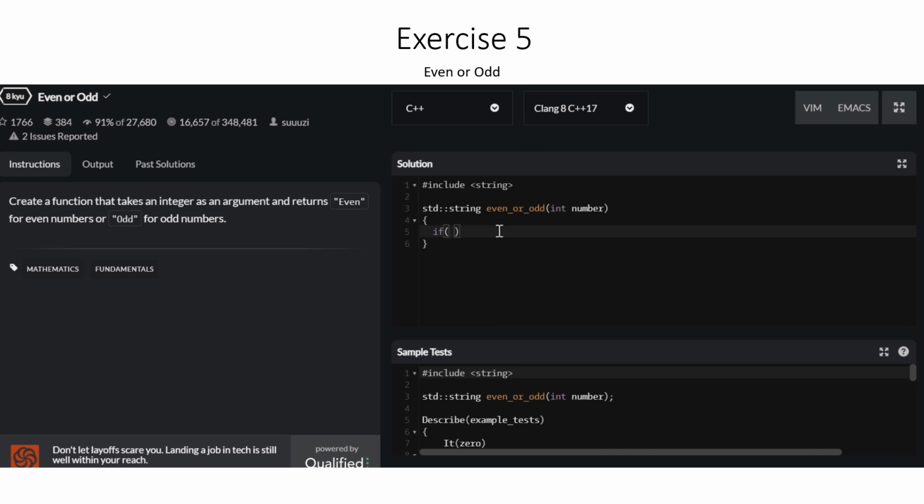If the number that they gave us, how to check the remainder is with this modulo, this percentage sign, which will give me the remainder. So I'm going to say if the remainder is equal, not assigned to, this is an equal sign. If I put two equals together, then I'm saying that if this value is equal in value to the other value, is equal to 0, then I'm going to return